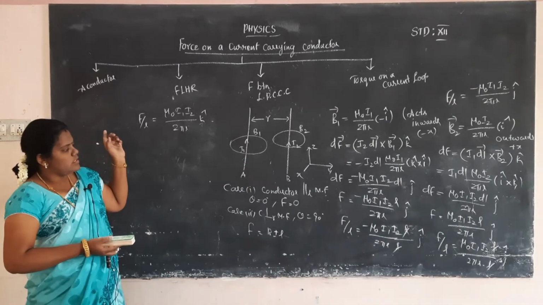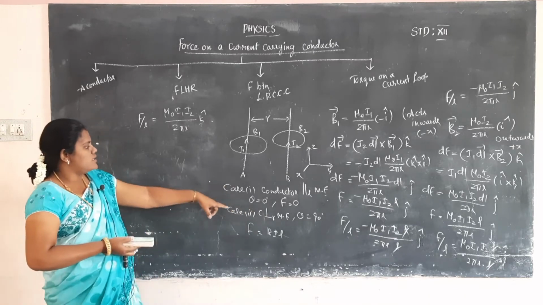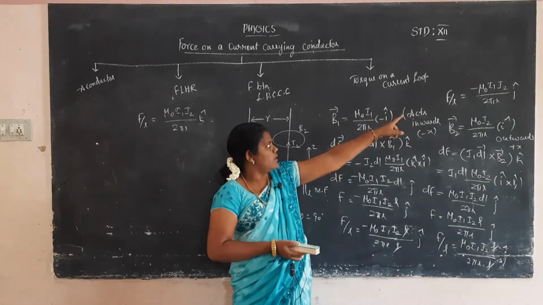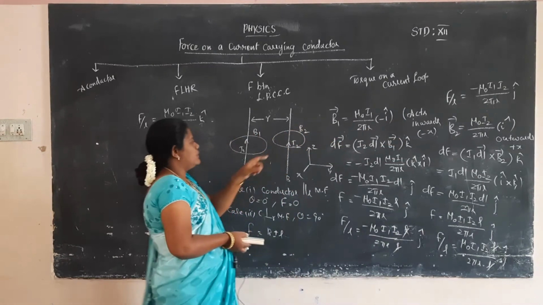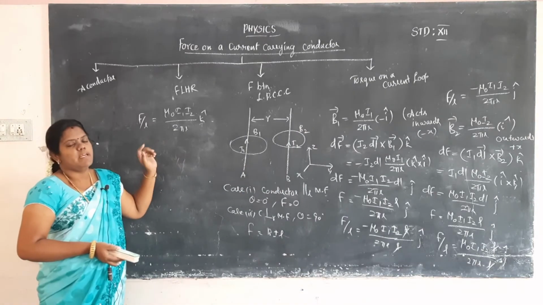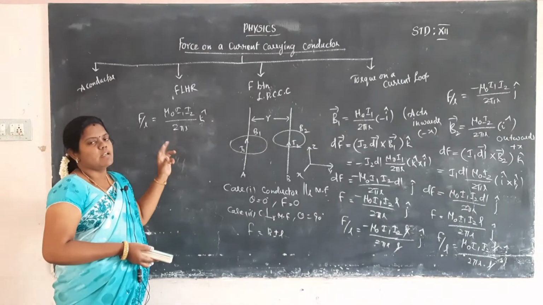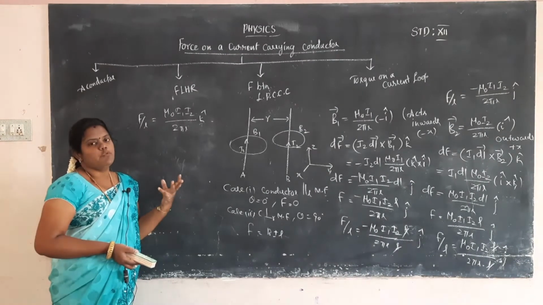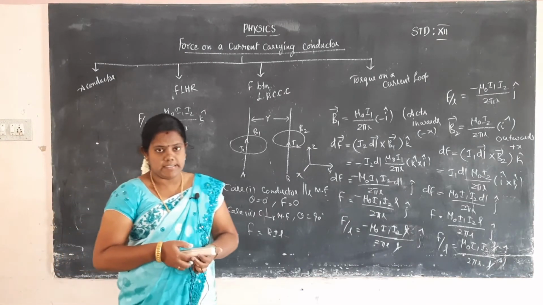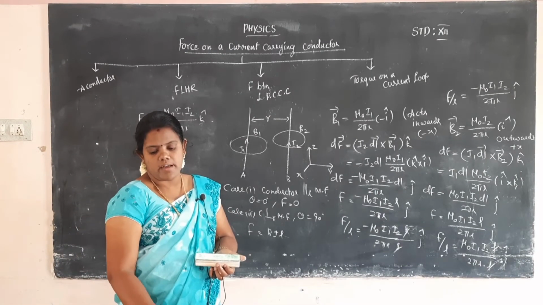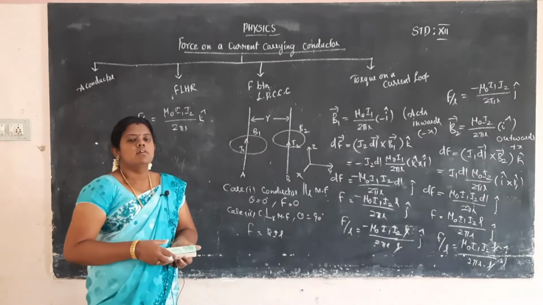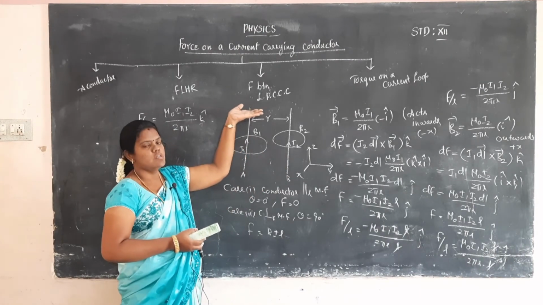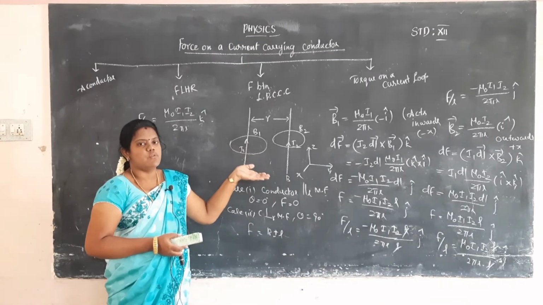Okay, we check the other derivation part, that is F by L is equal to minus mu naught I1 I2 by 2 pi r into j cap, that is negative, that is positive. So both the values will be equal, but in opposite directions to one another. So the conductors will attract each other. What is the meaning? The currents I1 and I2 are flowing in the same direction. So when is the force attractive, and when is it repulsive?